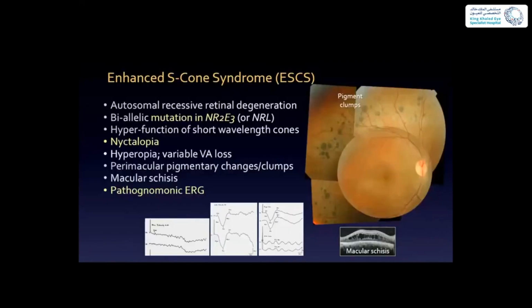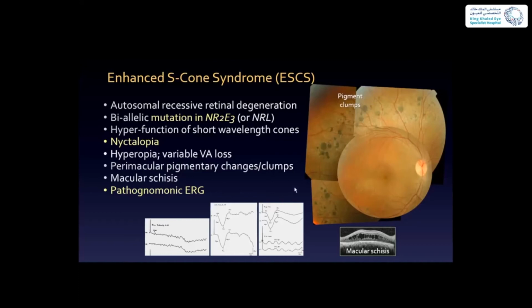It's an autosomal recessive degeneration caused primarily by biallelic mutations in the NR2E3 gene. This gene controls the fate of the photoreceptors, and you have many more short wavelength cones than normal L and M cones and rods, and therefore you have a hyperfunction of the shortwave cones on the ERG, giving a pathognomonic ERG. Clinically, people have hyperopia, and they have nyctalopia, or night blindness, and they have these very peculiar